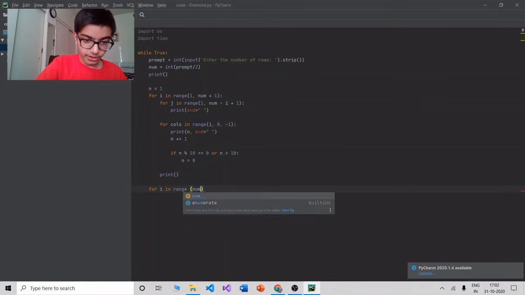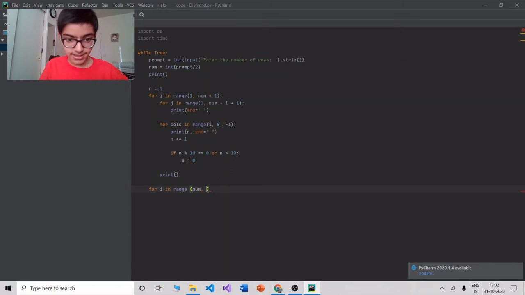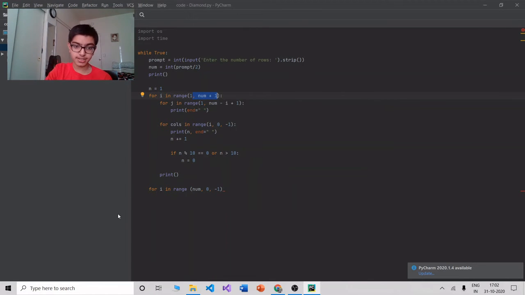Okay, let's keep going. This will go from num to 0, with -1, because this is going backwards. It's like an upside down triangle, so it should be literally iterating over this, but backwards, and in a receding way. So for j in range,